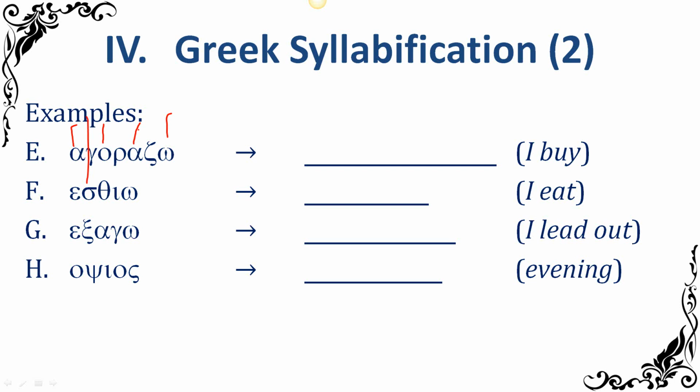Now the omicron, when we move to it, it's the next center of the syllable. We already know that it's going to pick up the consonant in front of it. It's going to get the gamma no matter what. That's not the question. The question is whether or not it picks up the one that follows. So, the one that follows is the rho.